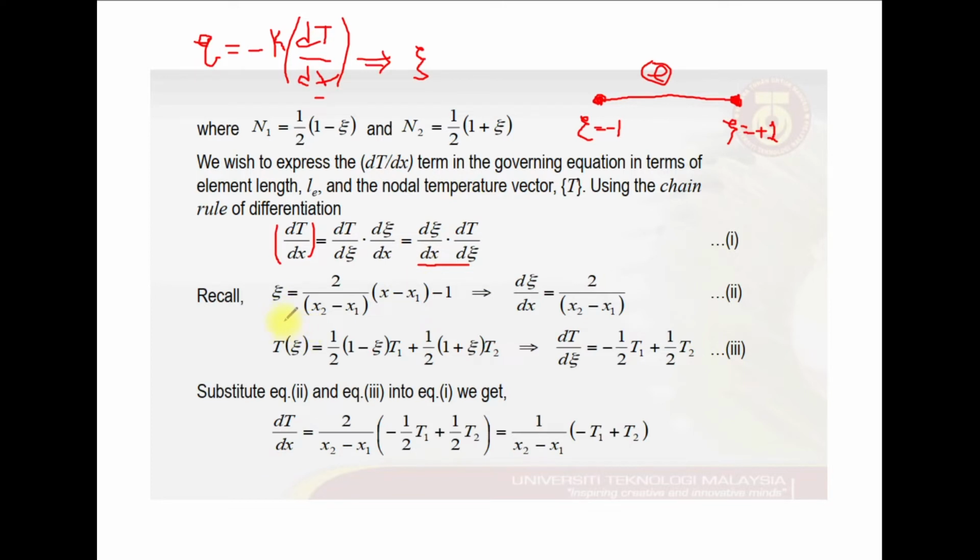And knowing that our natural coordinate system is given by these expressions, and differentiation of z by x, then we will get the second equation for the dz over dx that is required in these equations. And what about this expression dT over dz? The dT over dz actually can be obtained from